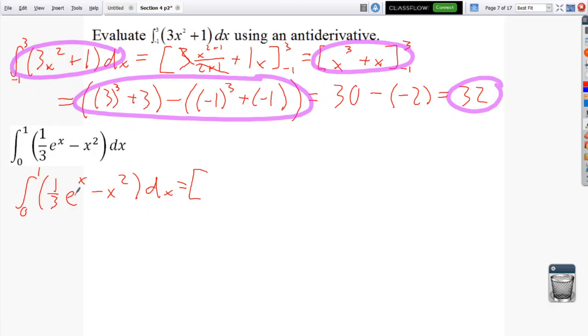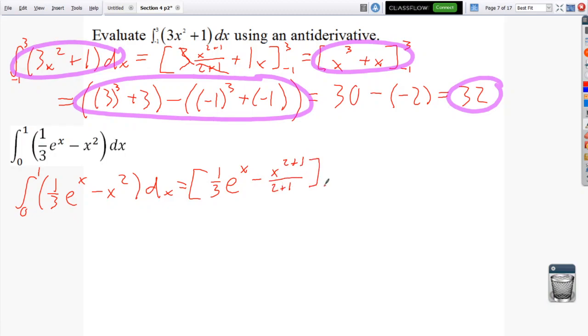I'm looking for the antiderivative of 1/3 e to the x. Well, that 1/3 is a constant multiple, so it carries over. Now I need to think of what gives me a derivative of e to the x. Derivative of e to the x, oh, hey, that's the easiest one to remember. It's just e to the x. Minus, over here we've got the antiderivative of x squared. Again, it's a power rule, so I'm going to have x to the 2 plus 1 divided by 2